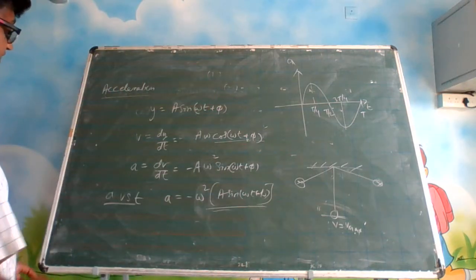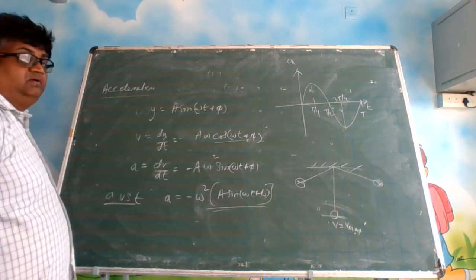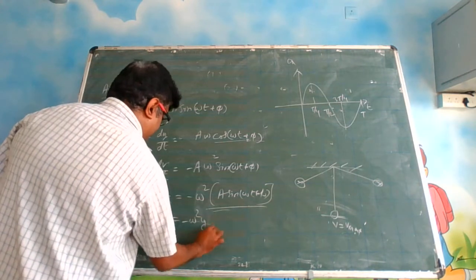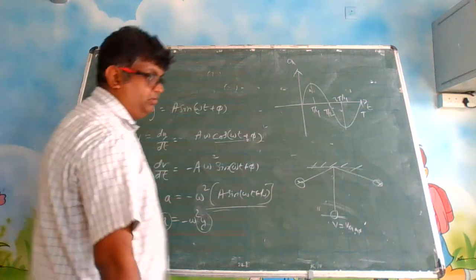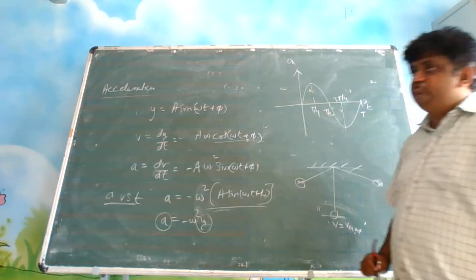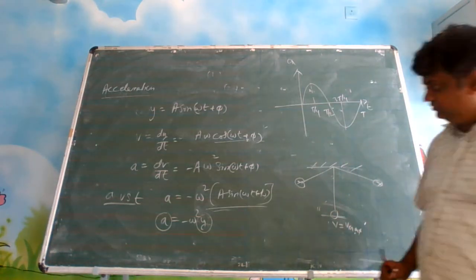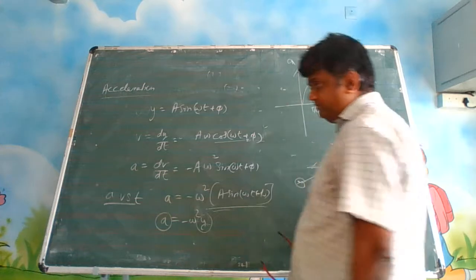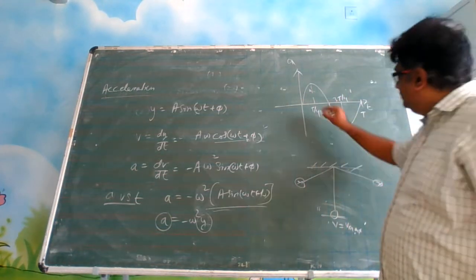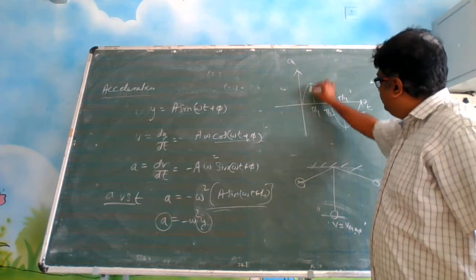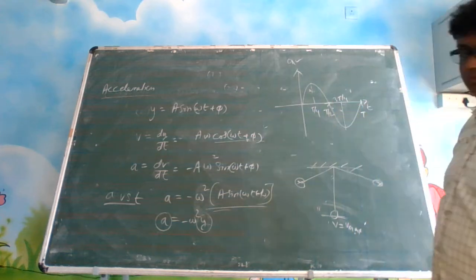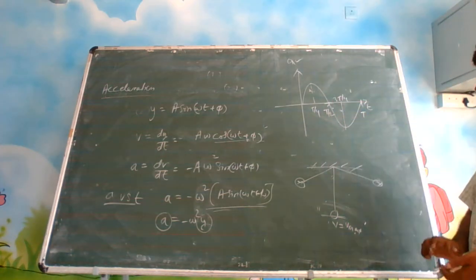So at the mean position here, what is our acceleration? So acceleration is equal to minus omega square y. Y becomes 0, acceleration becomes 0, right? Y becomes 0, acceleration becomes 0. So here what is happening is at mean position the acceleration tends to become 0. Okay, so if you see here going t by 4, coming back again it is becoming 0, acceleration value is becoming 0. This is one observation you can make.